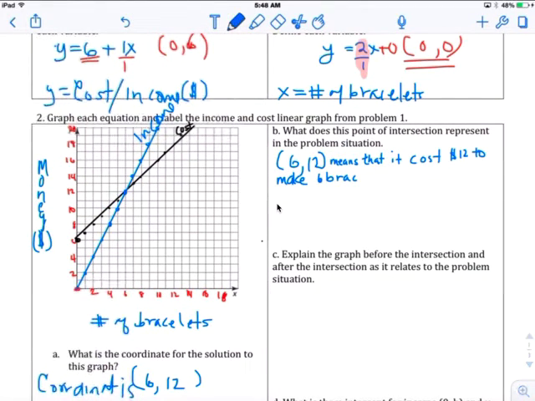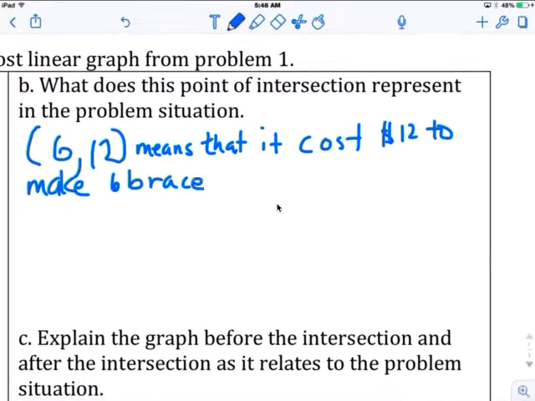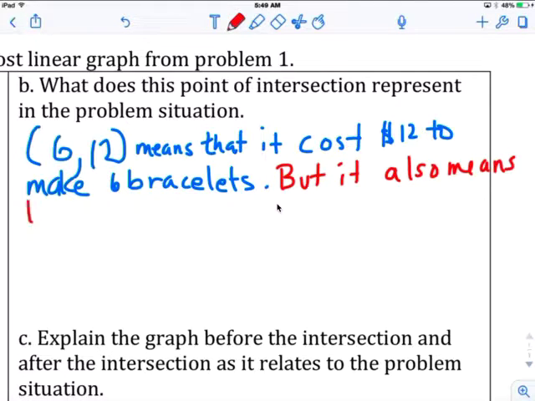See, 6 is the bracelets, 12 is the dollars, but it also means that